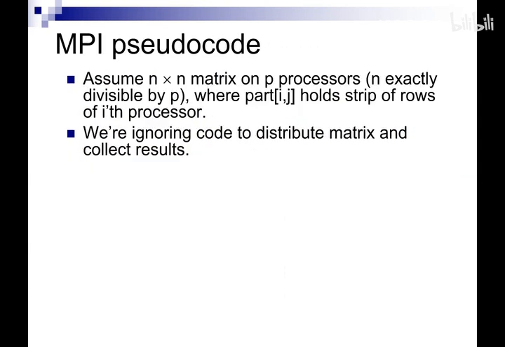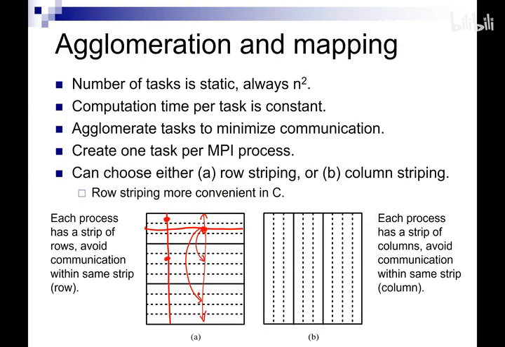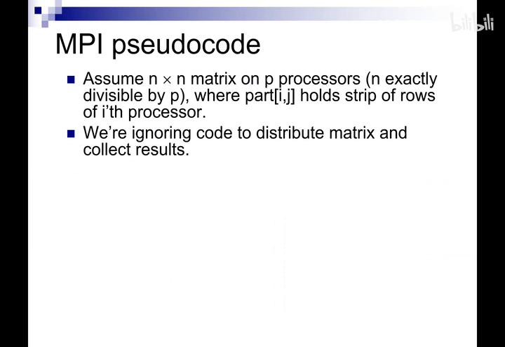Okay, so now we've decided that we're going to go with a row-wise agglomeration. We're going to take a bunch of rows and combine them into a super task, and then we're going to assign that super task to a process. So now we've basically designed our algorithm, and lastly, we're going to look at some code for actually implementing this